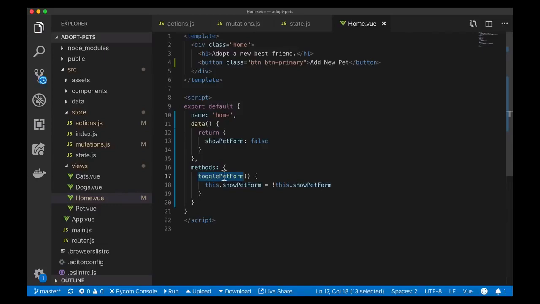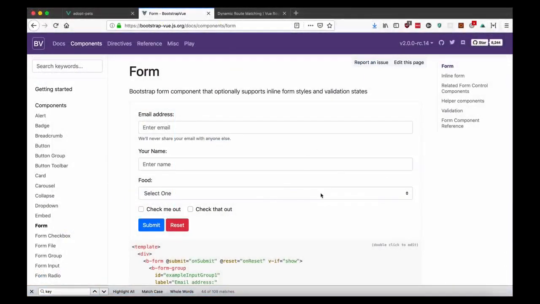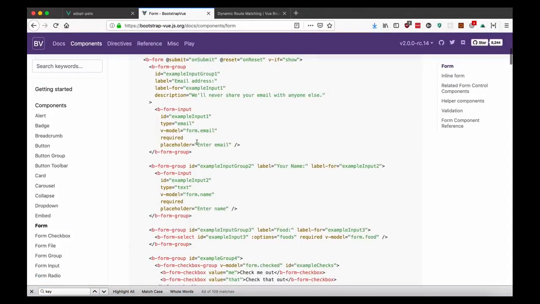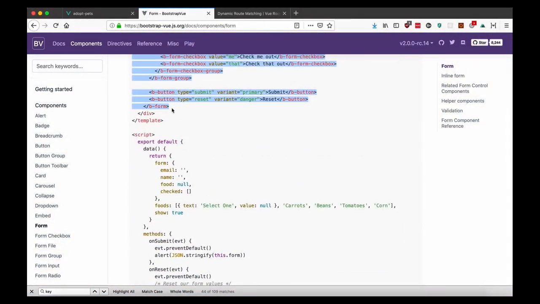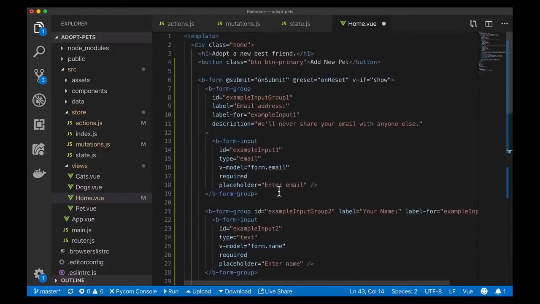And for that, I'm going to copy a Vue Bootstrap form. I'm just going to take this most basic form at the top and then modify it. So I'll come down here and copy everything in b-form. Go up, b-form, and now back to the code. I'm going to add that form here. That looks good. And I have to, of course, update all of these functions because it's not going to run